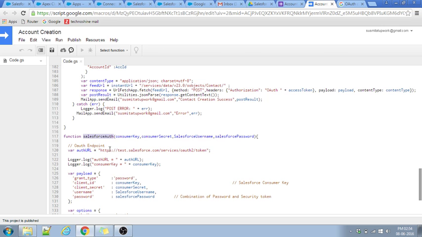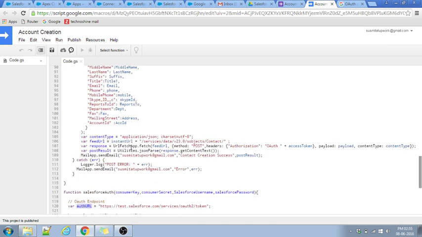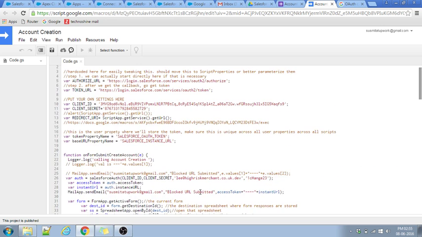There is a function called salesforce auth, and it uses the auth URL test.salesforce.com. It is hard coded, but in production while deploying we have to change test.salesforce to login.salesforce, otherwise it will not work. So we have to take care of this auth URL and the username and password,